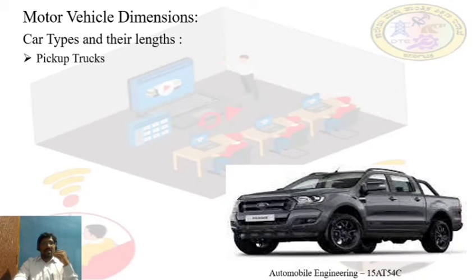The last category of car is the pickup truck. If you observe the overall vehicle design, there is space for passengers as well, like two rows of seats given to carry passengers, and at the rear end a larger amount of space is given to carry goods. This is a combination of load carrier as well as passenger carrier.